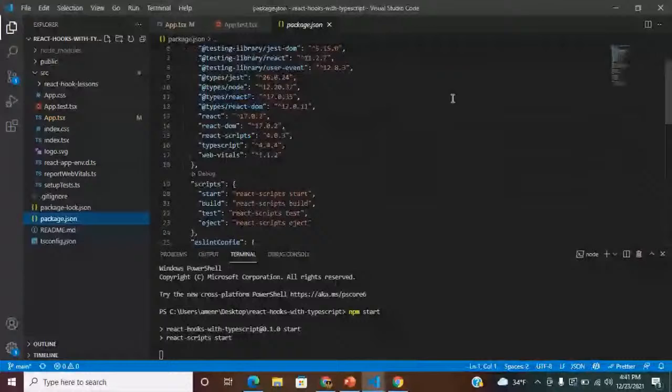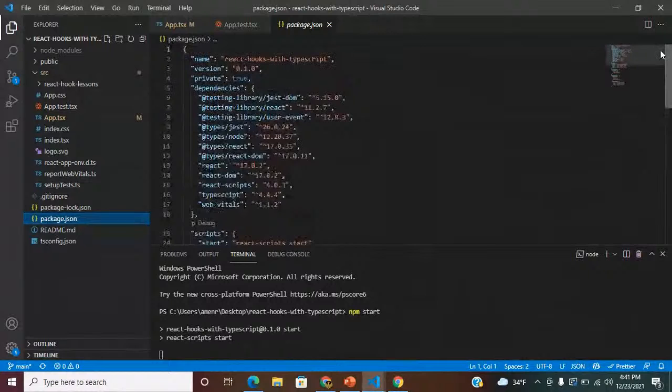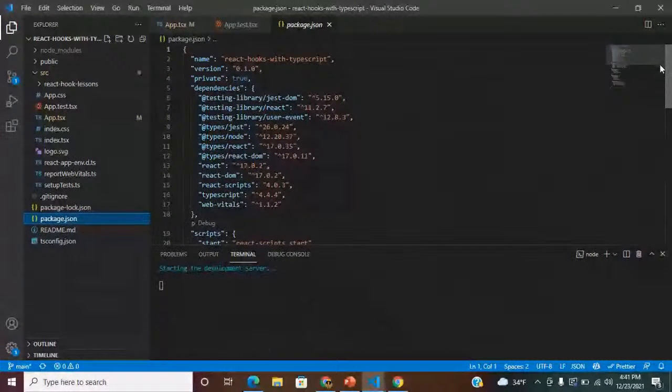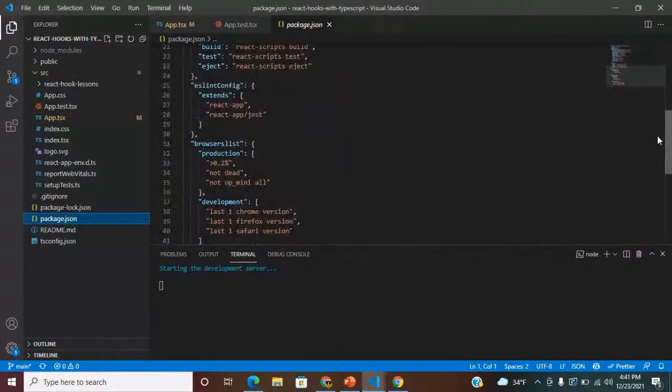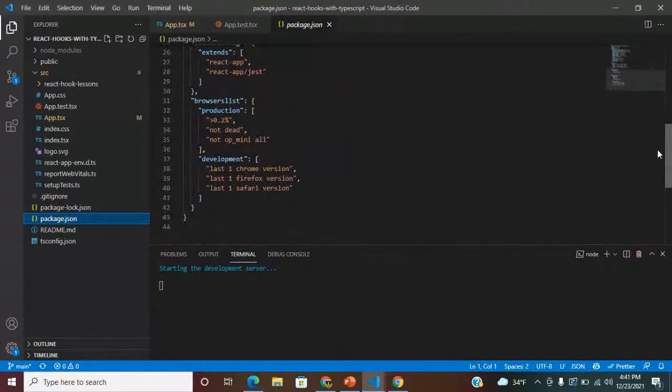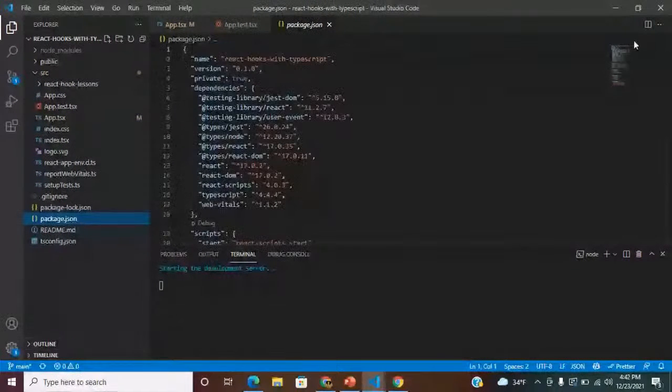So if you're new to React, all of the scripts that you're going to be using for a particular project will go inside of your package.json. Your package.json will let you know all the dependencies, all the packages, and some of the configuration that you have set up, as well as other details that you will need in the future once you get deeper and deeper into the development process. So npm start is starting now,